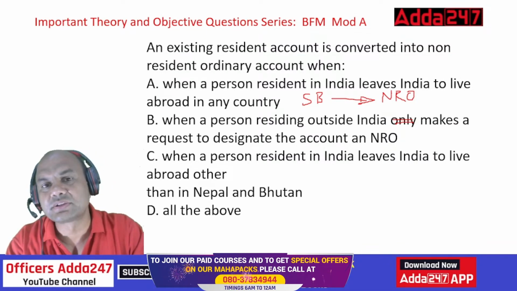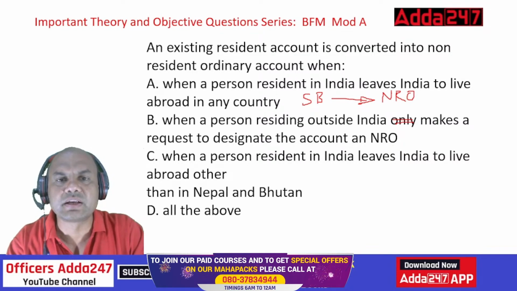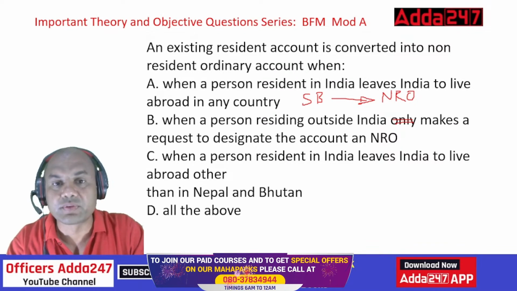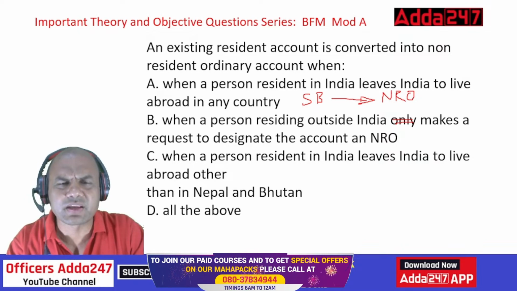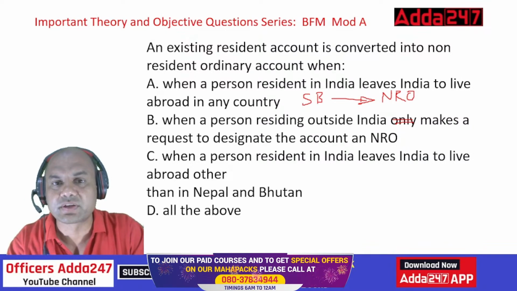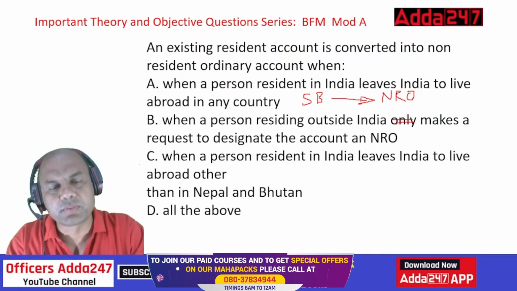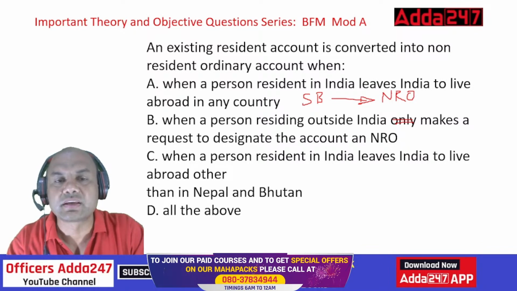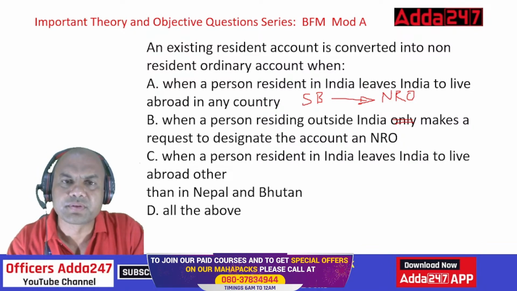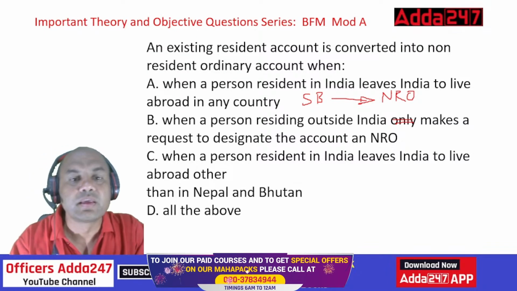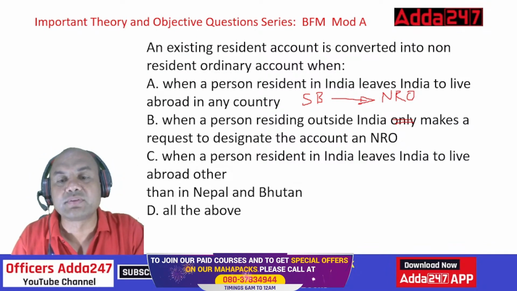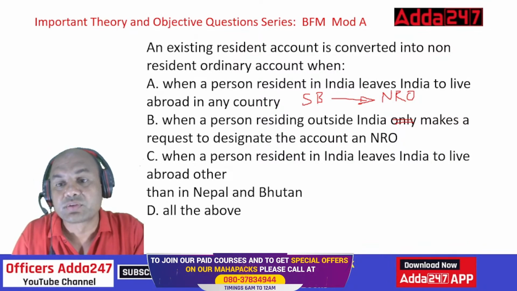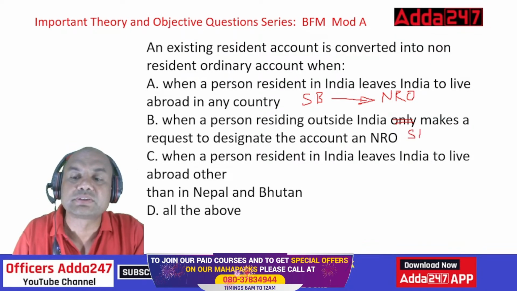In that case, what happens? Suppose I am residing in the USA and I remember that I was holding one savings account with your bank. So what will I do? I'll come to your branch whenever I come on a Bharat visit, and tell you, sir, ma'am, this savings account was there. Now I am an NRI and I'll give you all the proofs, visa, stamping, everything. In that case, when I am requesting you to convert my savings to NRO, you have to convert it. So in that case also, this will be allowed as savings to NRO.